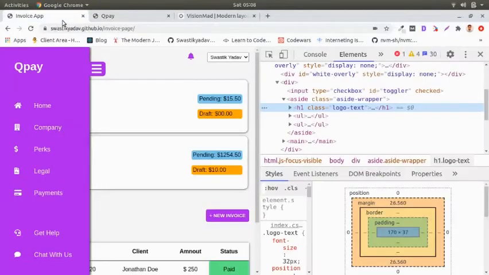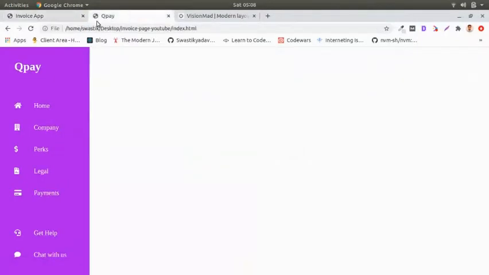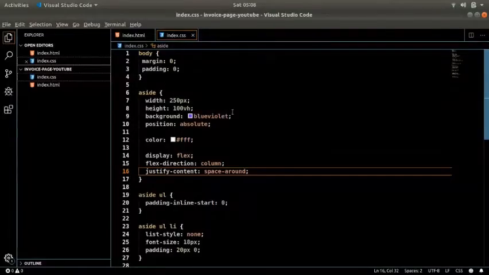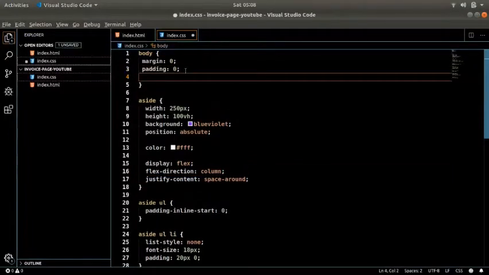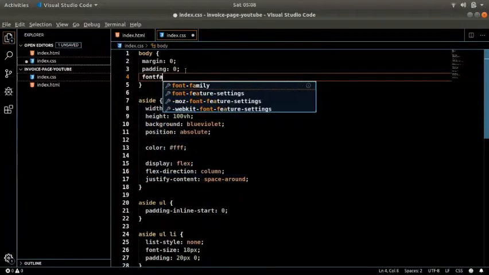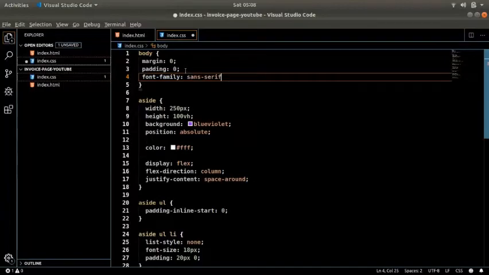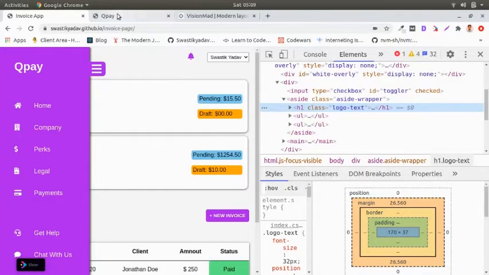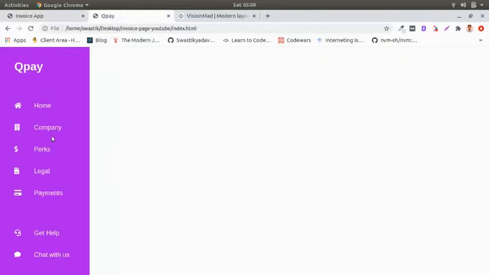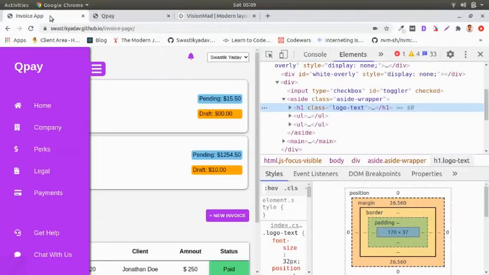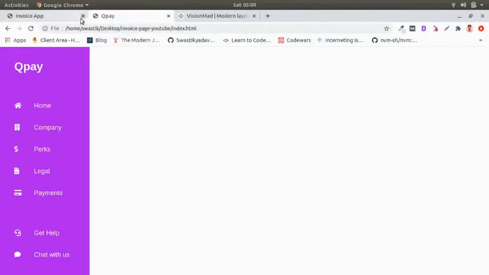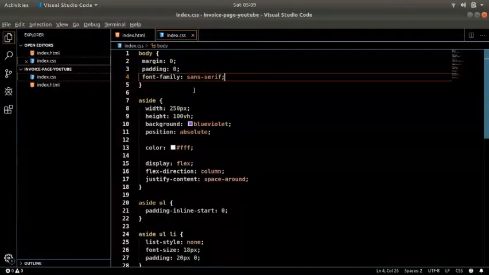But let's change the font. So the font of the entire app, I want font family to be sans serif. And serif looks good. Yeah. Now that is amazing. Awesome.